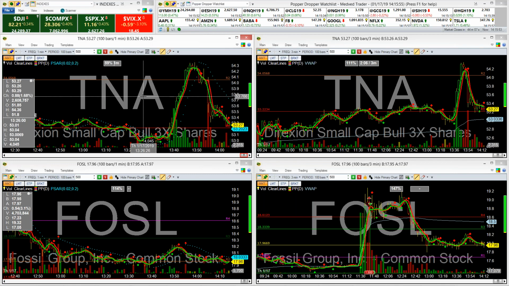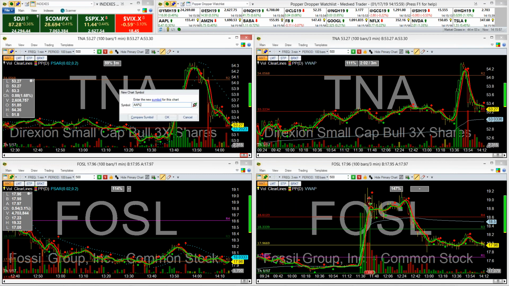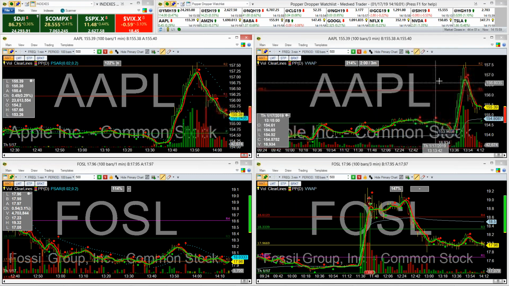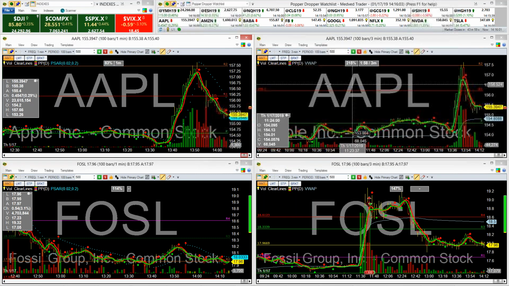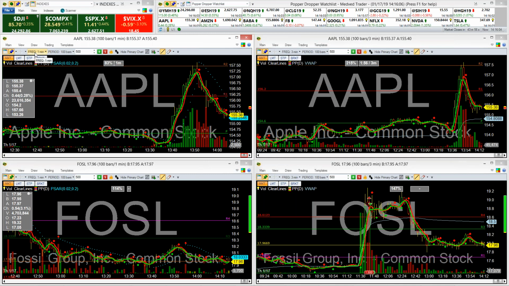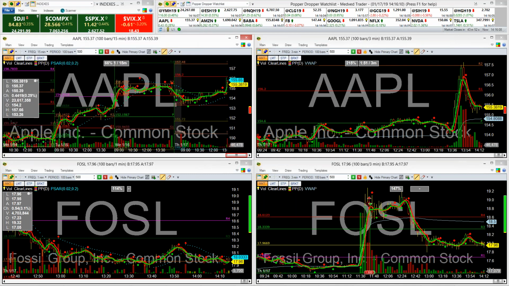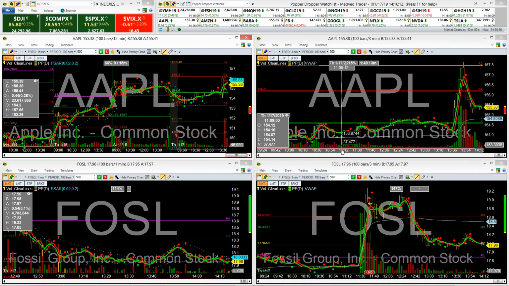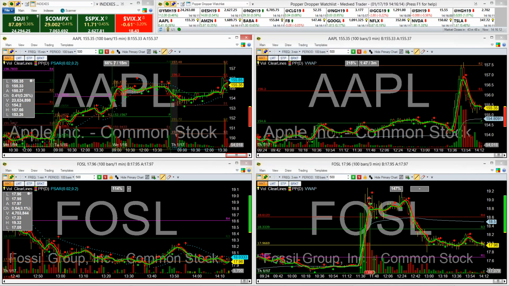So let's pick another stock. Let's go to Apple. Let's do the same thing. From any chart you're on, you can just change it to a 15-minute. You don't have to have a 15-minute always up. You can just take a first 15-minute from any chart,